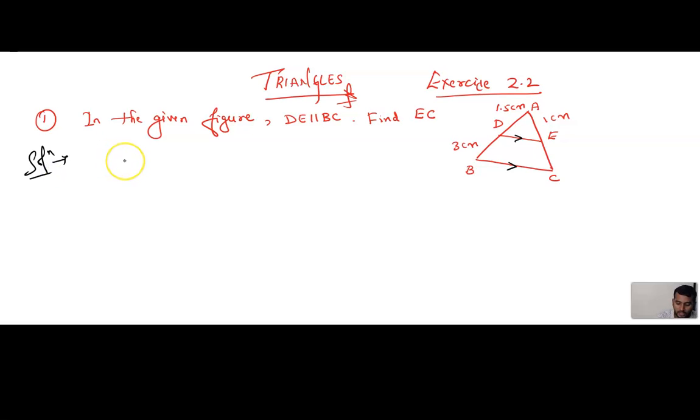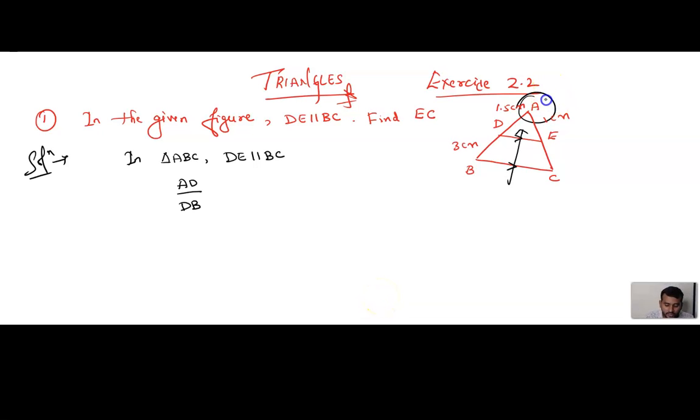Very simple. In this figure we can see one triangle, that is triangle ABC, and we know that DE is parallel to BC. If one side is parallel to another side of the given triangle, then it divides the other two sides proportionally. Which two sides is it dividing proportionally? That is AD by DB, half by half. Remember, opposite to these two sides, which point is there? A. So A is the starting point.